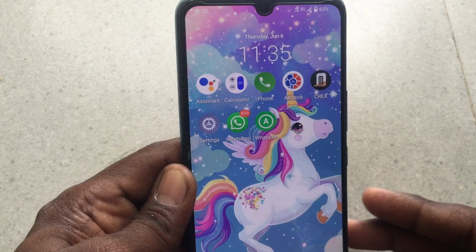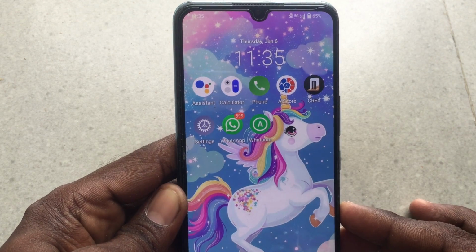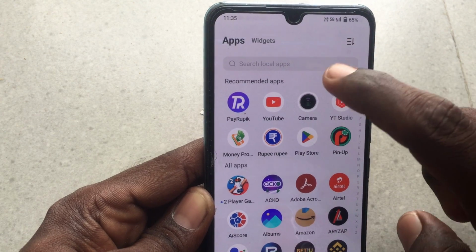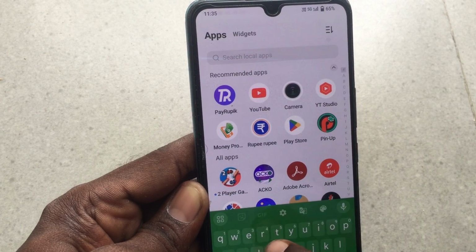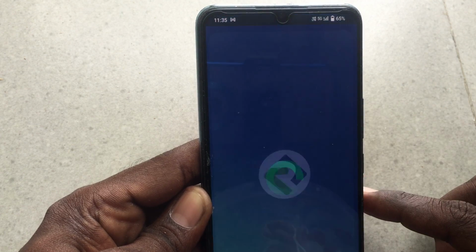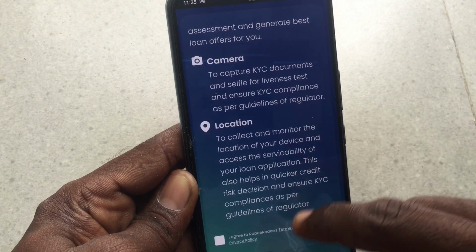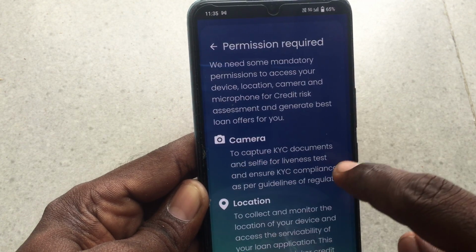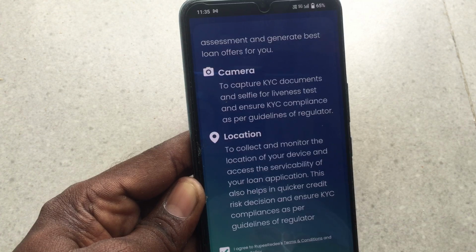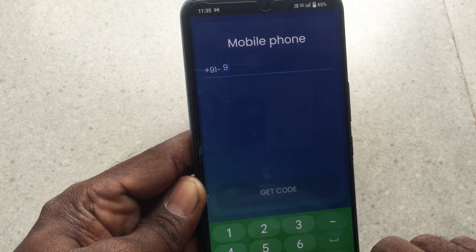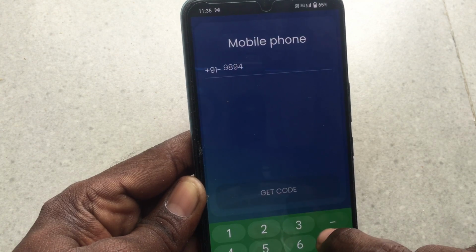In this video, I am going to show a quick review about one of the loan apps called RupeeRedee. I have already installed RupeeRedee on my phone. I open it and see here it is asking for permission to access camera and location. Then click on accept, and I am going to give my number